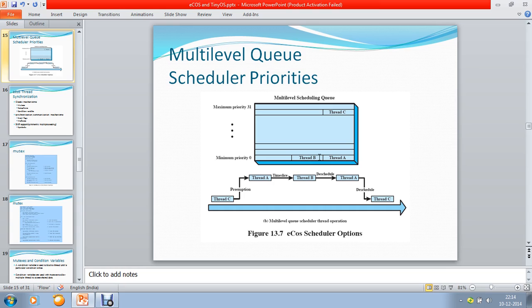When a thread is blocked, the scheduler must first determine if one or more threads at the same priority level as the blocked thread are ready. If so, the scheduler chooses the one at the front of the queue. Otherwise, the scheduler looks for the next highest priority level with one or more ready threads and dispatches one of